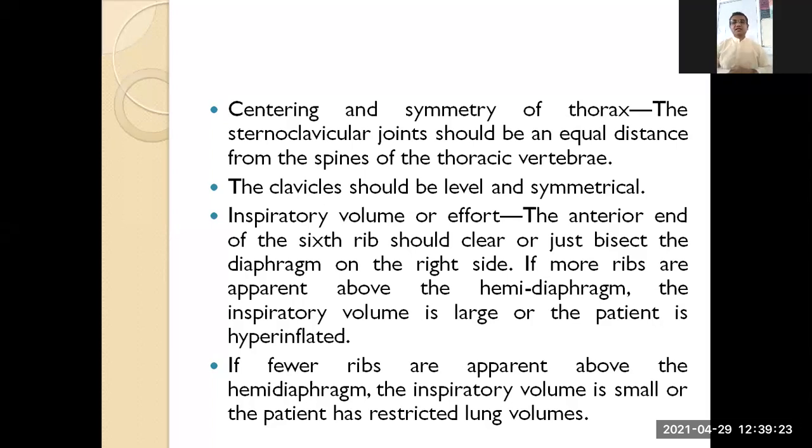And sometimes what matters is the inspiratory effort. The technician may say, take a deep breath, breathe in and hold, and they will take the X-ray and see how much hyperinflation or how much fibrosis is present. If the volume is very small, it indicates fibrosis. If the volume is very high, it indicates hyperinflation and air trapping.